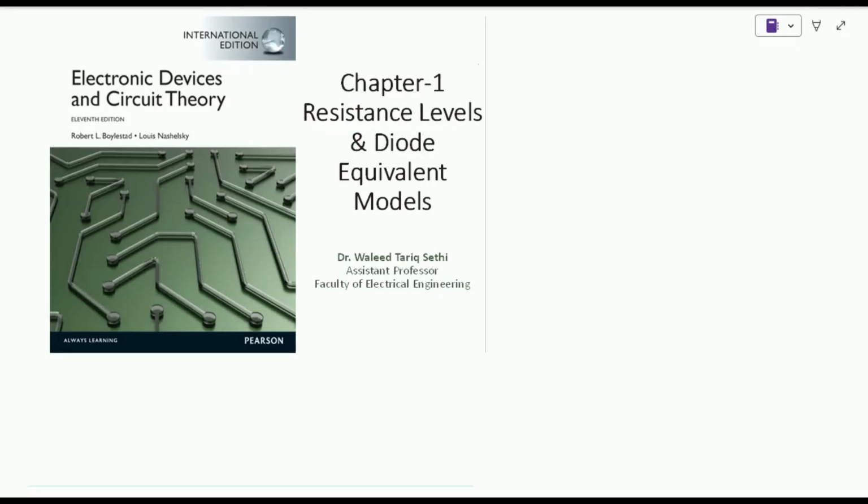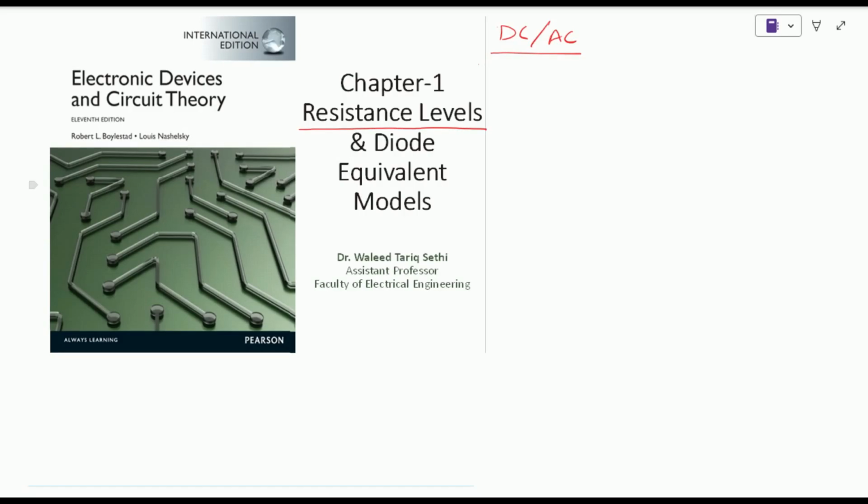Welcome learners. In today's lecture, we are going to continue our discussion with the semiconductor diode, and we are going to look at what happens when a diode is placed inside a circuit, especially when it is applied with different voltage sources that can be either a DC source or an AC source, and see its effect in terms of its various resistance levels. So in today's lecture, we are going to first understand the diode's operation in terms of various resistance levels,